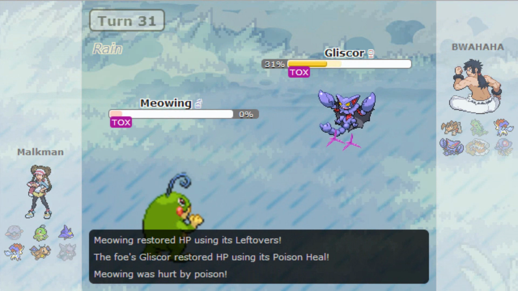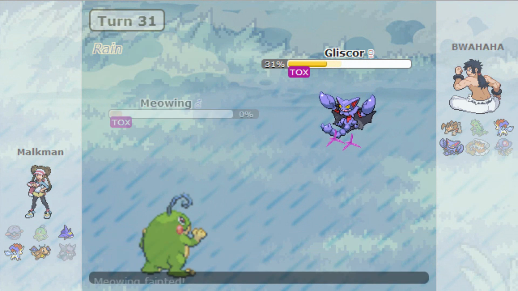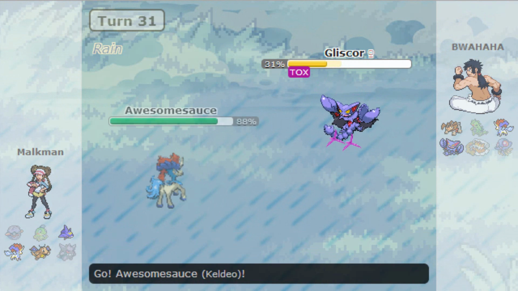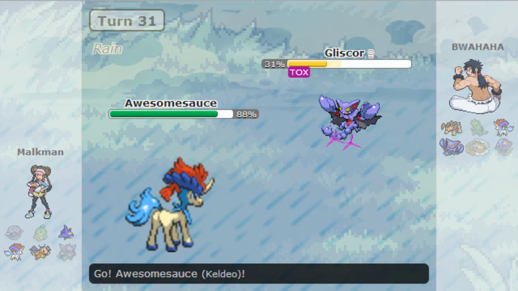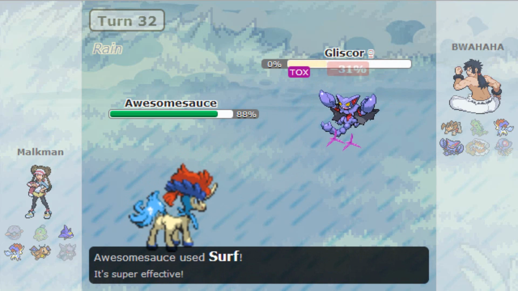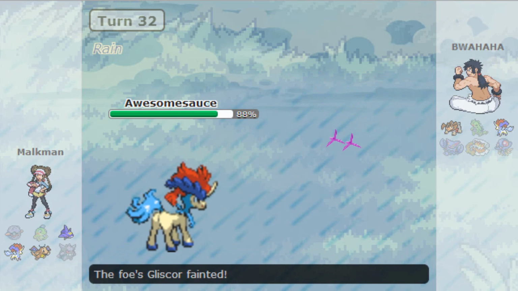So I do get killed off by the poison damage on this turn. That's going to allow me to go out into Keldeo, and I know Keldeo can wreck his team, basically. Even his Keldeo is going to resist the Surf, but I'm not going to fear that whatsoever, because this is a Choice Spec, Rain-boosted Surf, so I know that if he brings something in, it's going to get hurt by it. But this was actually a smart play by him, letting his Gliscor die instead of trying to risk taking a Surf,